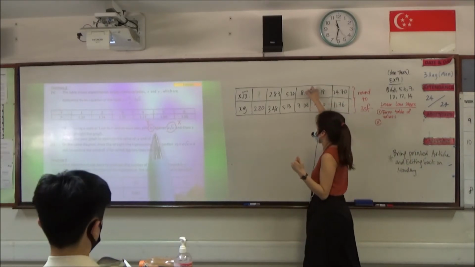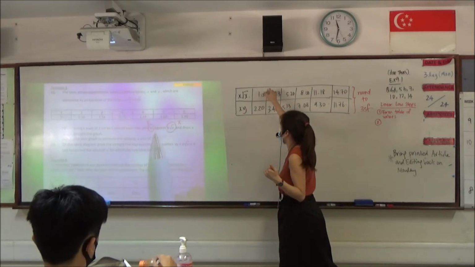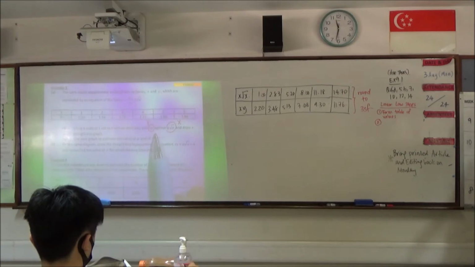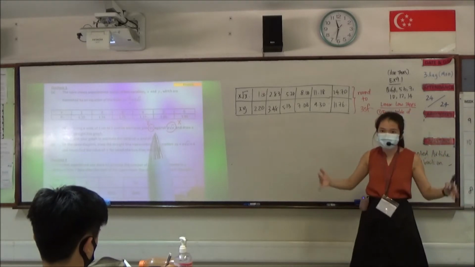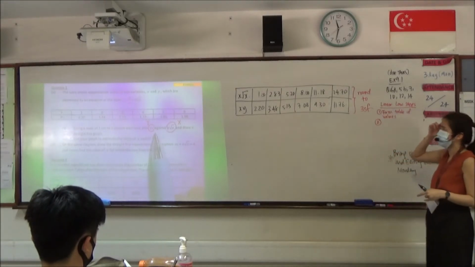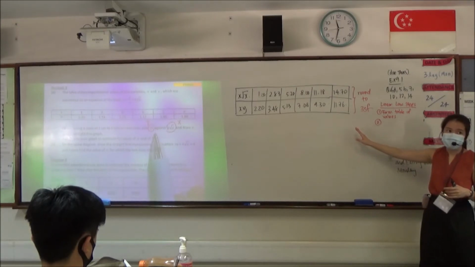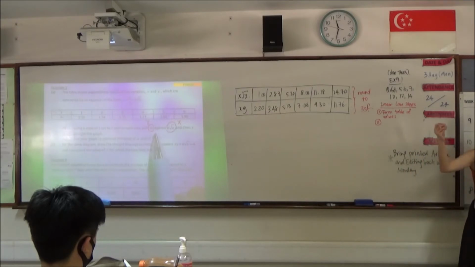So 8.00, that's also fine. So 2 decimal places would allow you to have some form of accuracy in terms of marking out the points in your table or in your graph itself. I'll explain later once we start plotting. So it's either you take 3SF or 2DP, up to you. This is just for us to have points to plot.